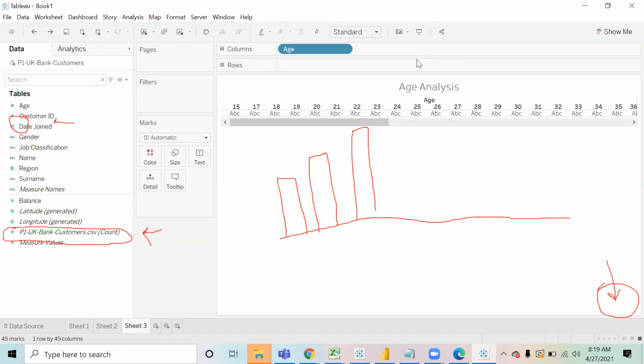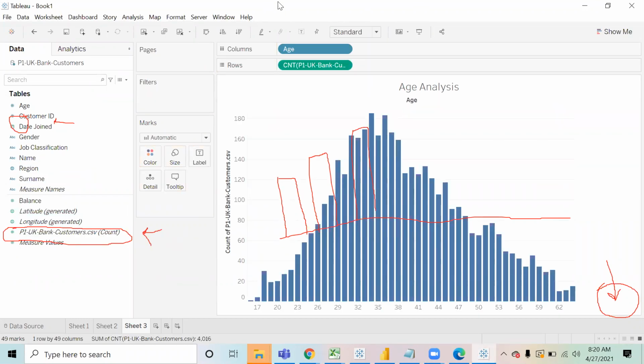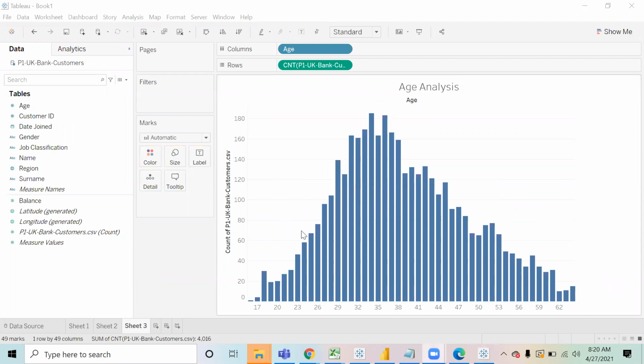So first of all, we are going to make a normal chart. Now I want to see how many people are of 15 years, how many people are of 17 years. So I can use the count field again. This will create a chart for me. Now if I take a look at this chart, it is telling me that there was one customer who was 15 years old, there are 4 customers who are 17 years old, and there are 30 customers who are 18 years old. So what is the insight that I get from this chart?